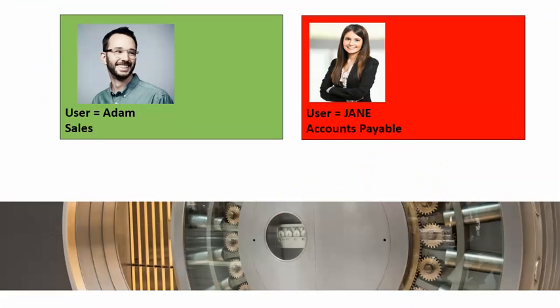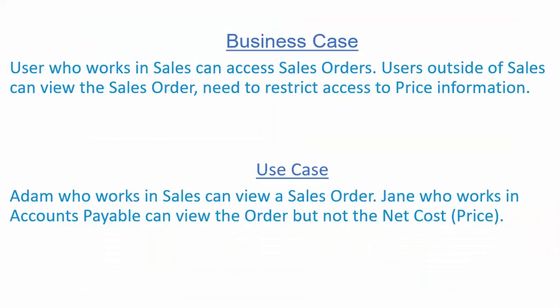In our first use case, we will have 2 different users, Adam and Jane, each that work in a different department, Adam that works for sales and Jane that works in accounts payable. The business case in this scenario is you have users who work in sales and can access sales orders, and users outside of sales can also view sales orders, but the problem is they need to restrict access to price